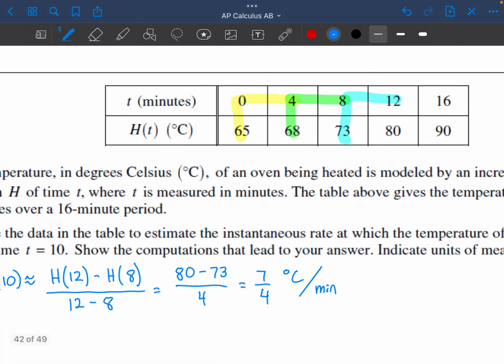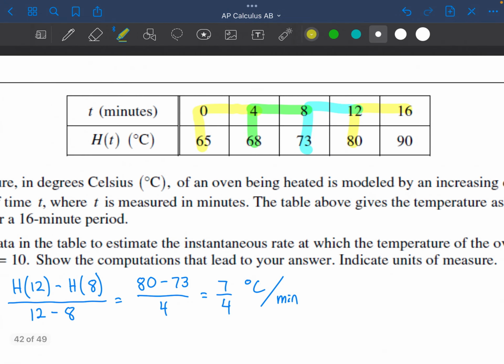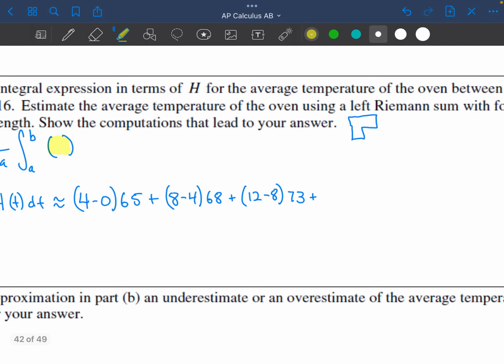Plus, and finally we have, I don't know, so I'm going to go back to the yellow or orange color. This thing, 16 minus 12, and then times 80. So it's going to be 16 minus 12, and that's going to be multiplied by 80. Cool. And then you'll note that each of these values in here,